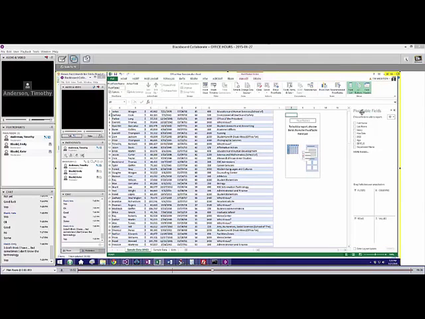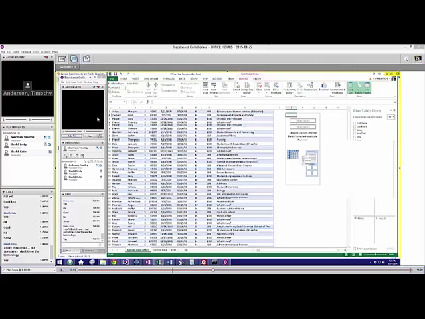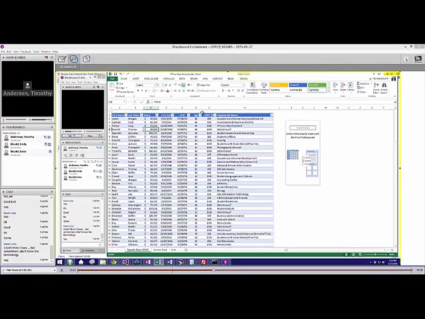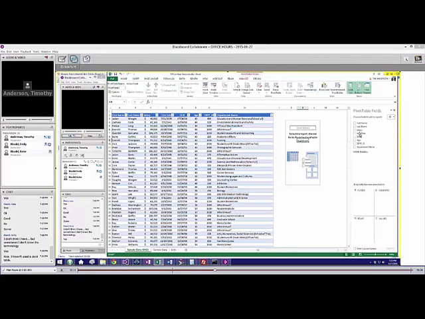Now notice the pivot table fields here. This is what's really cool. Does this look familiar? First name, last name, salary? It should match the column headers, right? Now once I click out of the table, look at that, it's all gone. If I want to click back in, I just click anywhere on the table and the fields come back. Yes, really. I think you're going to like this.